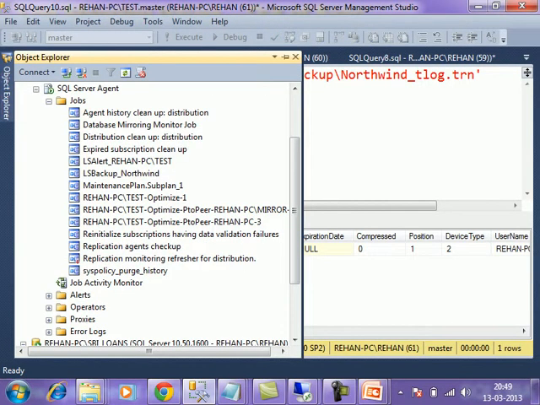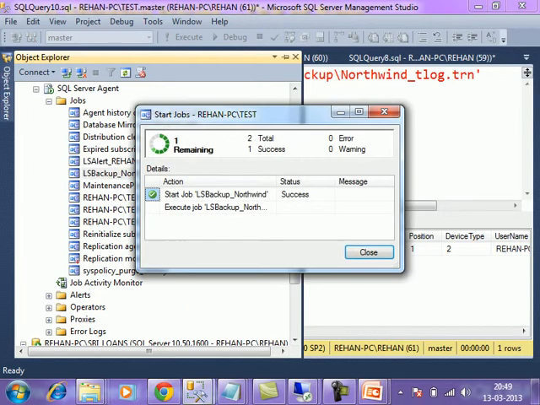Now say like I will ask log shipping job to take what log backup success.